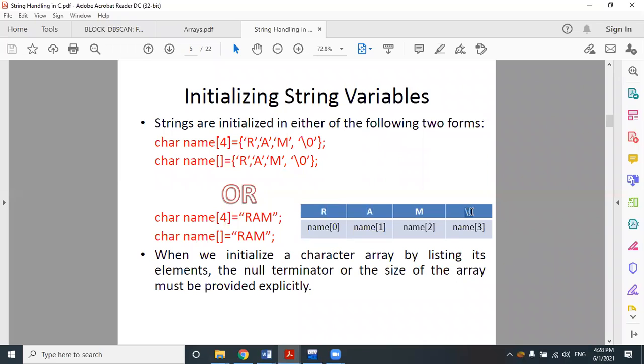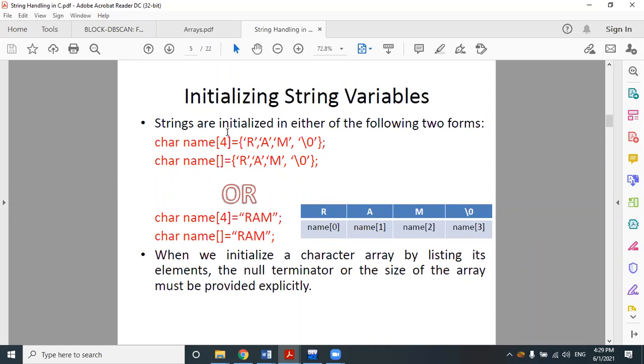Even the blank space, the null character, also has a specific memory address. It is also working like a character, which is why it's called the null character. It also holds 1 byte and a specific address.